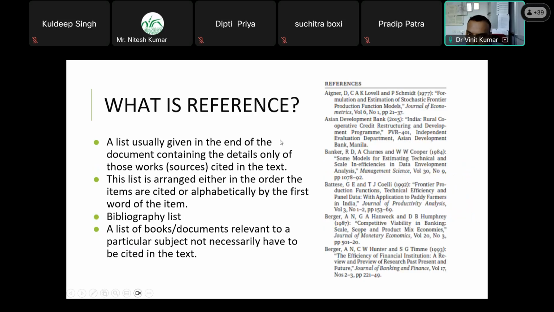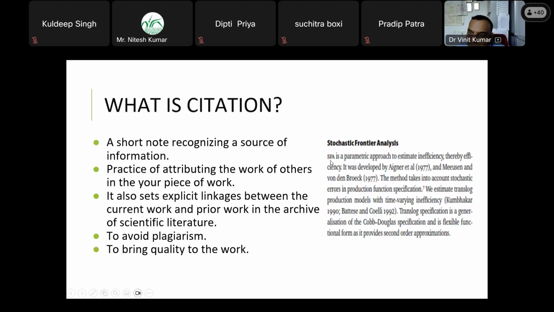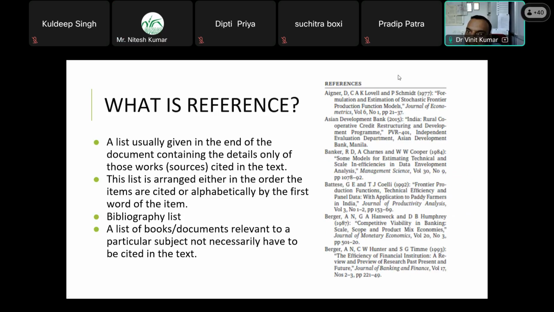Once the citations are done, we have to list all the citations as a reference list, and this is called the reference list at the end of the report or the paper, whatever we are writing. For example, here is a list usually given at the end of the document that contains the details only of those works which are cited in the text. If somebody wants to see what the actual paper was in which this stochastic frontier analysis was developed or published by Egner et al., then they can go to the list, and from here they can